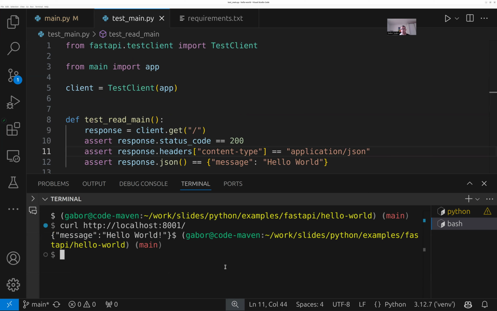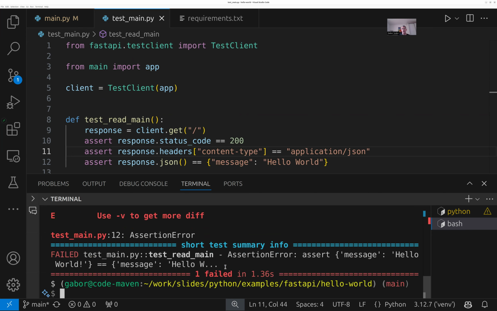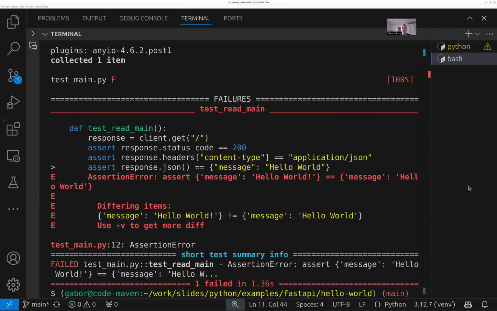And I'll go over the test in a second, but let's run this. So if I run this with PyTest, it will try to verify that my code is correct, but I get an error. Let's enlarge this to see everything here. So I get an error. It says that the hello message "hello world!" is not the same as the message "hello world" without